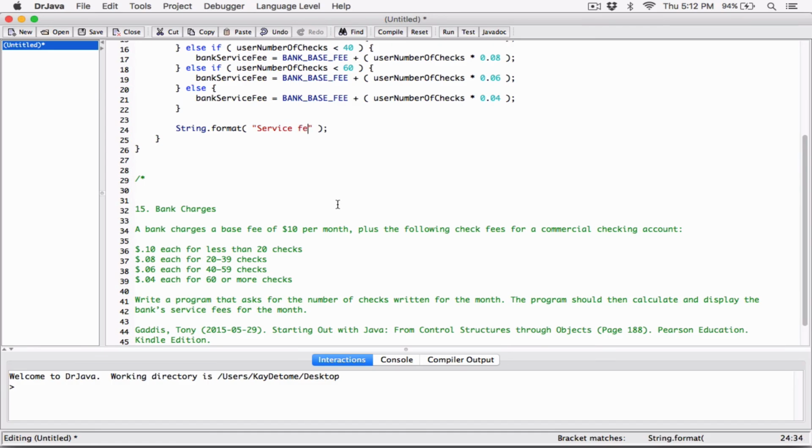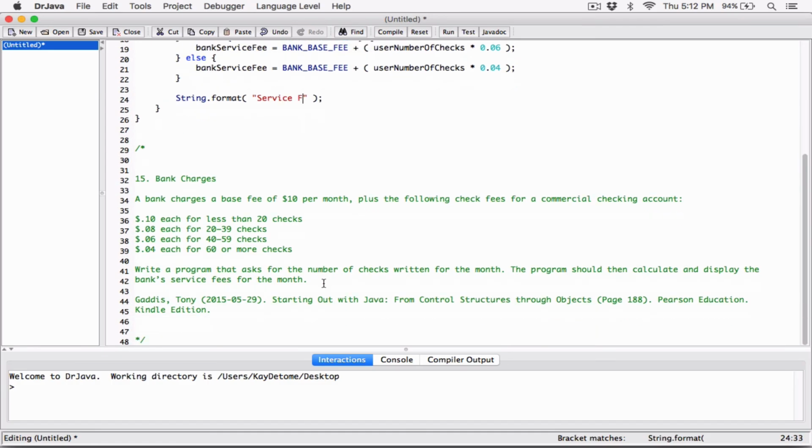Service fee. I don't know why they say fees. Okay, service fee. I get it. I think they're just trying to say go ahead and calculate the fees, as in each fee for each of these. So I guess fees, but ultimately it's a fee. Okay, so service fee